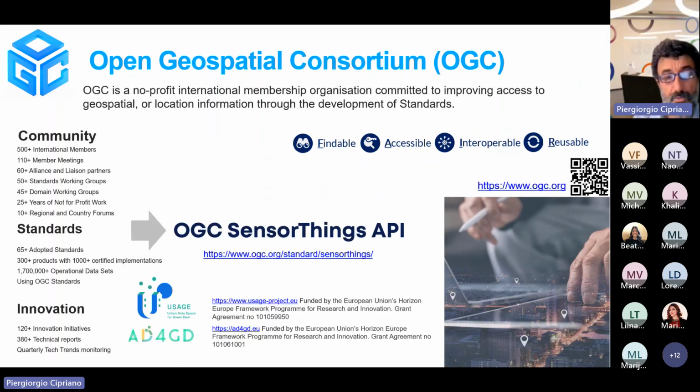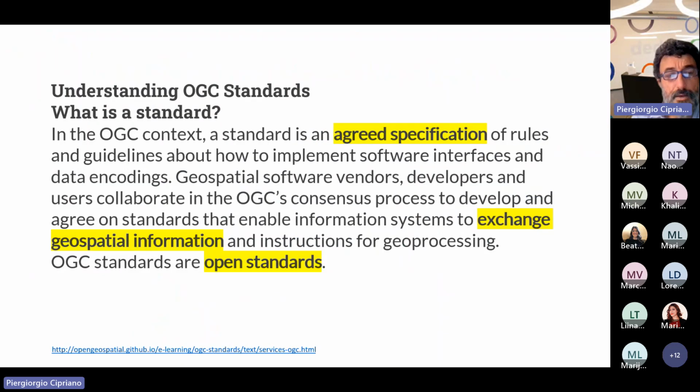One of them, as we will see, is the OGC SensorThings API, which was introduced in 2016 or 17 by OGC to allow an interoperable way to interchange dynamic data coming from sensors. But we will see some examples later on today of usage of this standard also with dynamic data not coming from sensors.